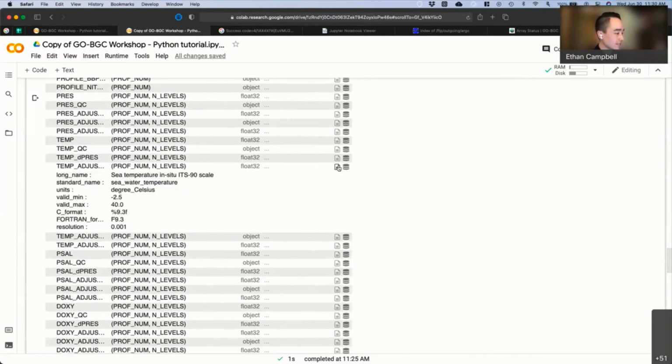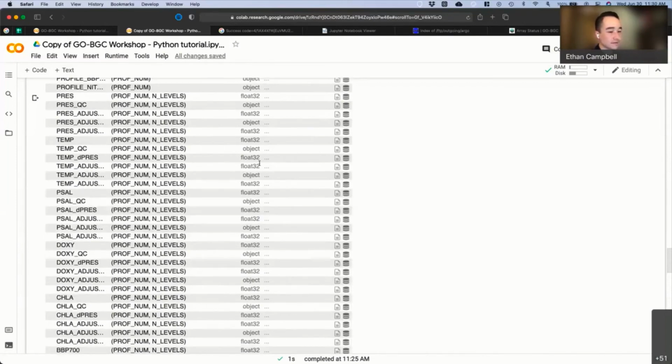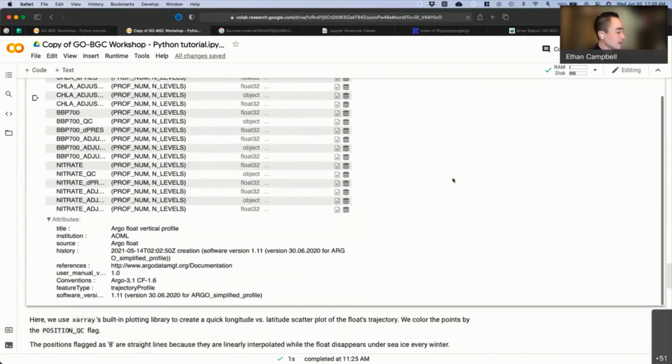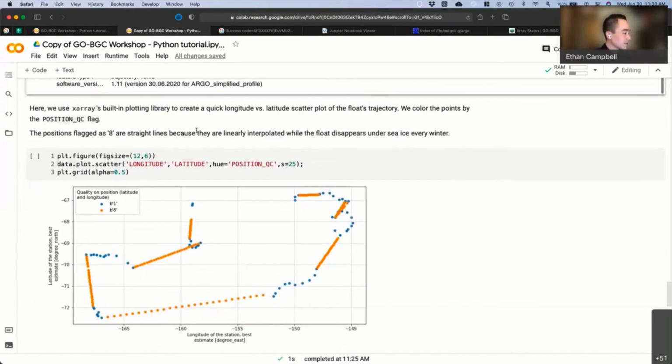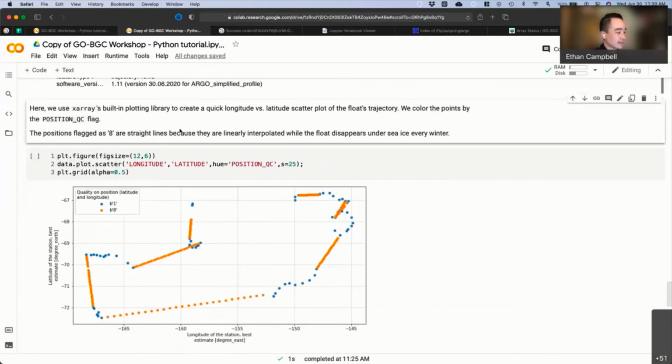Temp adjusted, temp adjusted QC, and then temp adjusted error. For each of these, there are different variables that we'll find useful. I think this last part of section 4 here, we're just going to use this data and very quickly